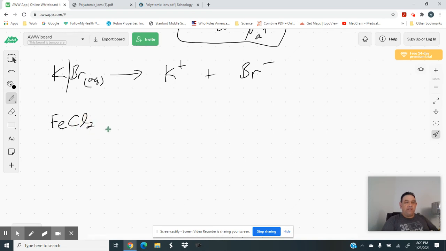So FeCl2 aqueous. What does FeCl2 turn into? Once again, only two elements, so we're basically breaking it up into two ions. If you look up Fe on the periodic table, and maybe I should have had a periodic table here to look at, but in the interest of time,